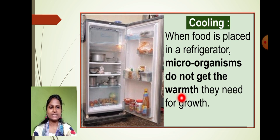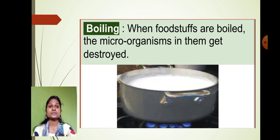So in cool condition microorganisms do not grow, and if the microorganisms do not grow, our food will be saved from spoilage. Okay, so this is one of the cooling methods here. Then later on, boiling. You must have seen that any type of curry or milk, we keep on boiling for a longer time. So even when we boil any type of food material, it will be preserved